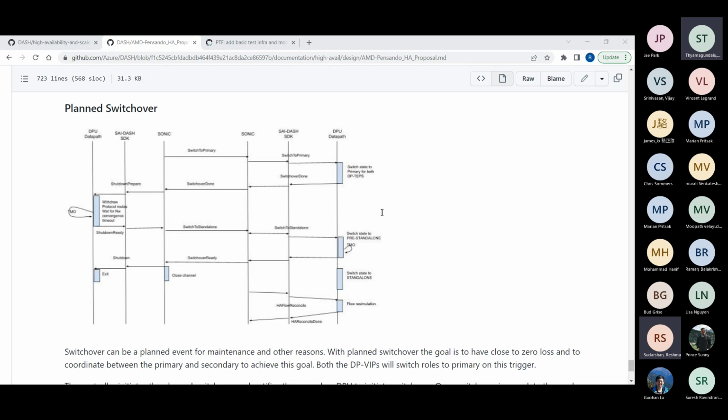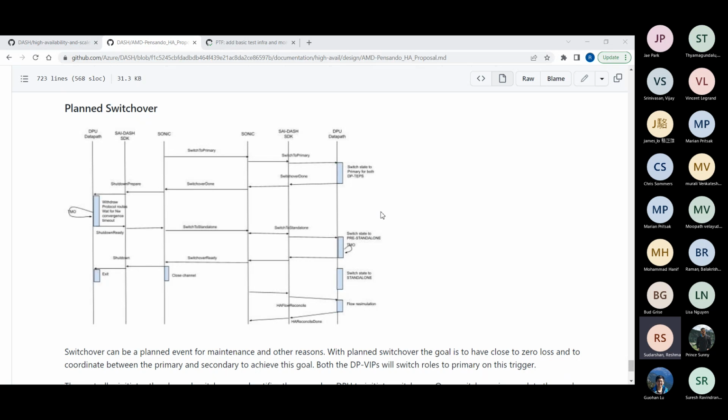Yeah, so that will be bulk sync. What you mean is, let's say there is a VIP which is active on one side, but there are no flows really. It's empty. There's been no traffic for that VIP yet, or there's nothing learned. If that is the case, the active would walk through the flows, find whatever is there, and sync it. If there is nothing, it would say bulk sync done and move the state machine forward.